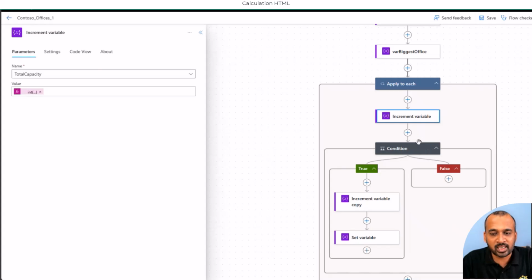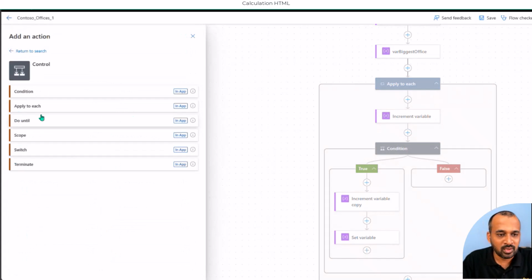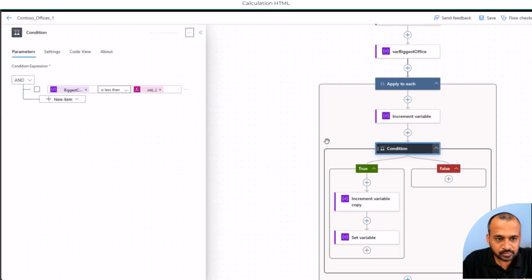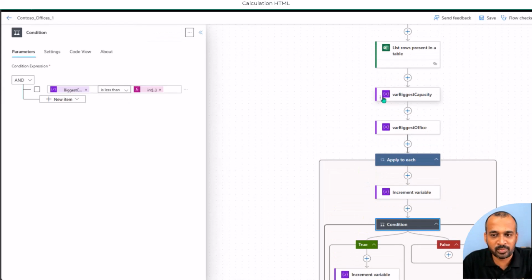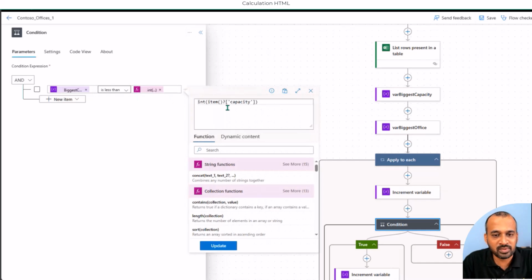So here we need to add a condition. Again, add the plus icon, add an action, and under control, we need to add a condition here. What is the condition? We are adding here the biggest capacity, which is the variable we have created on the top, right? Biggest capacity is lesser than the same value which we have used here on the increment